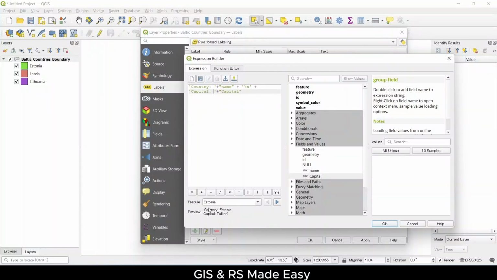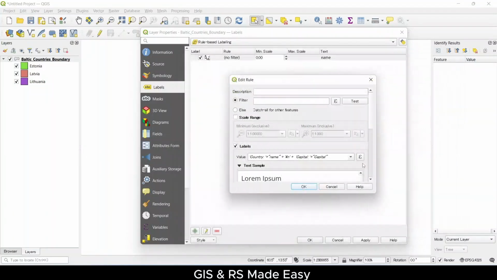Now you can see that the country and capital is showing in a good format. When you are done, let's click on OK